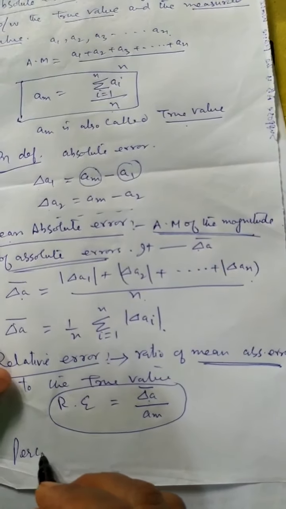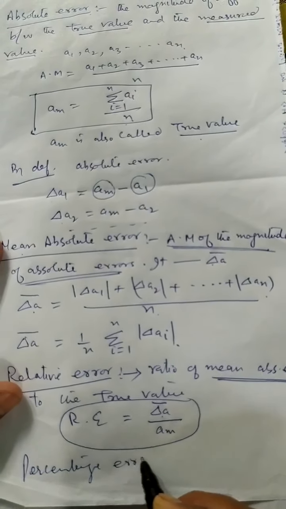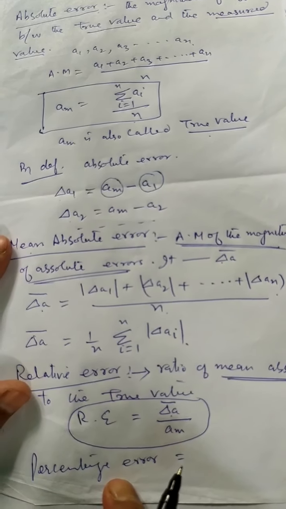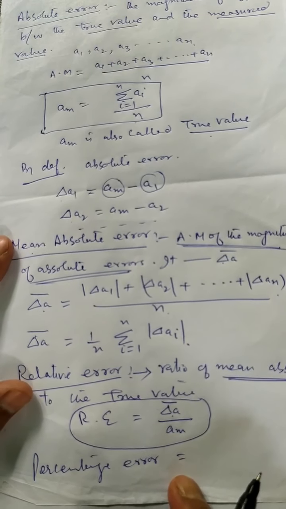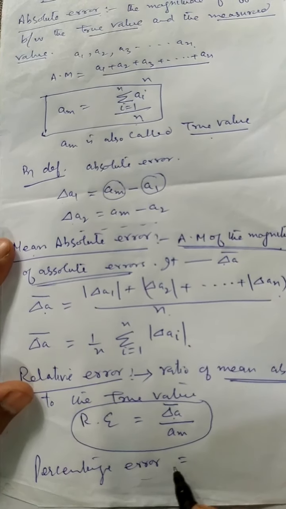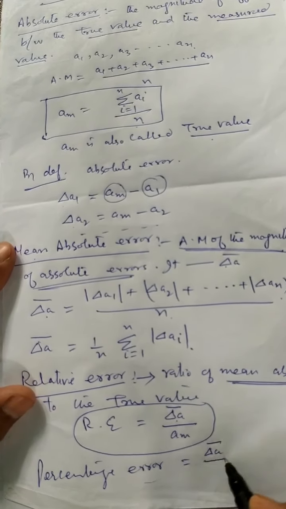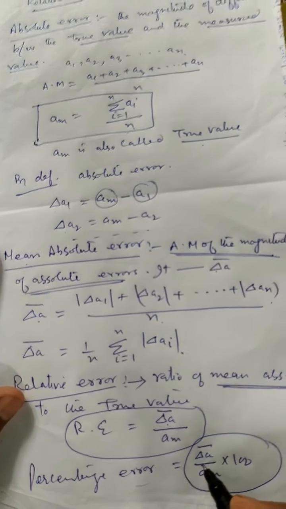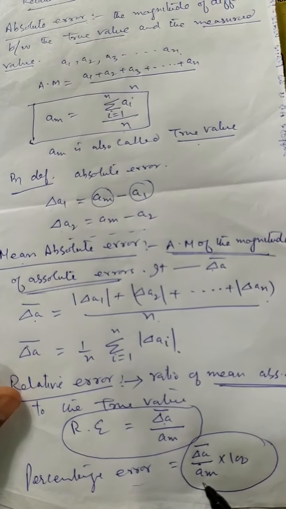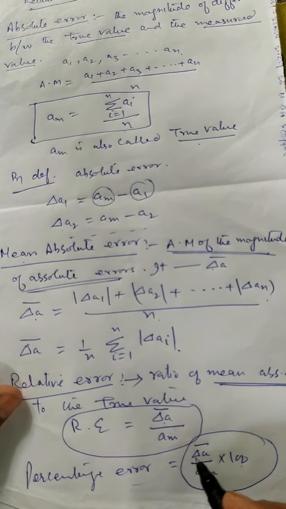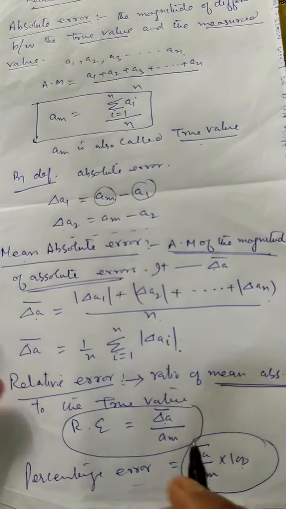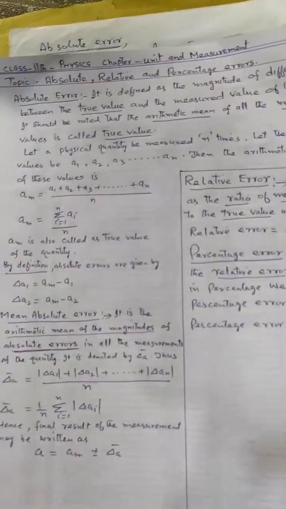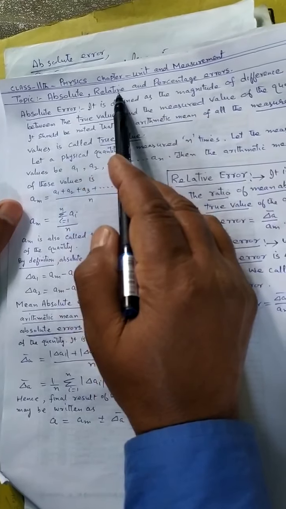अब परसेंटेज एरर हम निकालेंगे। परसेंटेज एरर: when the relative error is expressed in percentage, we call it percentage error. For example, percentage error is equal to delta A bar divided by AM into 100. Delta A bar यानी mean absolute error divided by true value into 100. यानी आज जो हमने डिस्कस किया है वो है एब्सोल्यूट एरर, रिलेटिव एरर, परसेंटेज एरर।